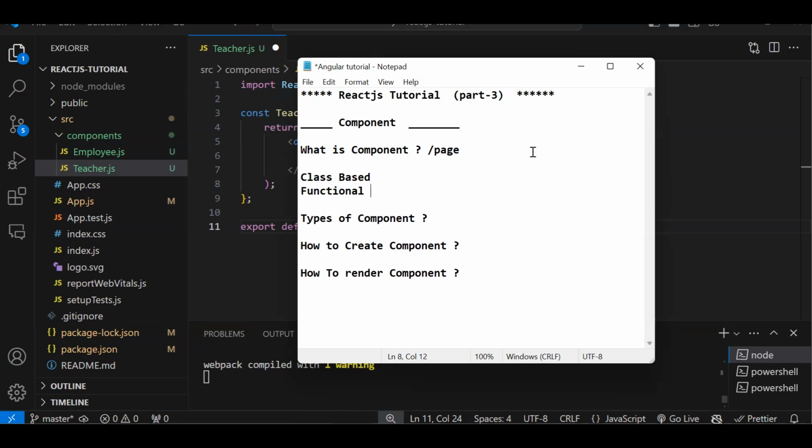So when React was in the initial version, only class-based components were there. That means export class, the normal class we write in JavaScript. We used to create components like that. But there were so many issues with the class-based component, then they came up with the functional component, which is